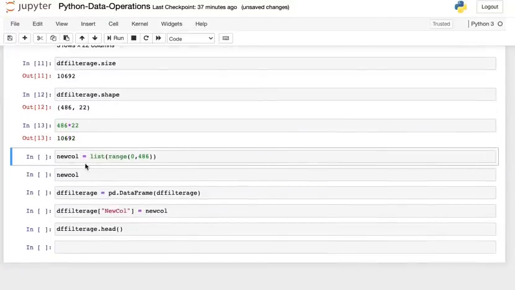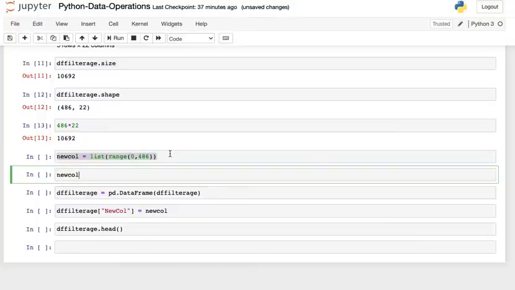So now let's make a column which we will be adding, right? How do we make that column? To make that column, you either have a column and you just put that in your data frame, or you're making a column. So I am making a kind of a list right now. So either you can have a list or make a list. Now once I make that list, let's make that list.